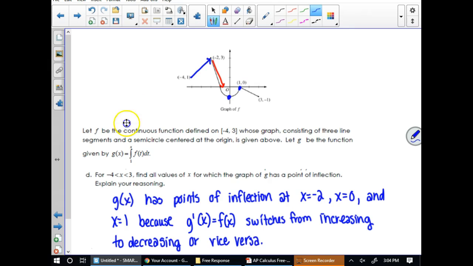Make sure that you're talking about g prime of x here, not the second derivative, because g prime of x is the graph that you have. You can't really talk about that second derivative because you don't have the graph of the second derivative. If you want to say that this switches from increasing to decreasing, which makes the second derivative switch from positive to negative, you can do something like that, but this is sufficient here. Talking about that derivative switching from increasing to decreasing gives you points of inflection for